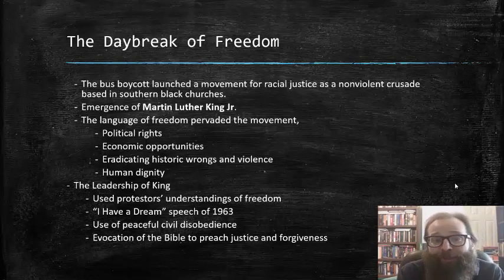His I Have a Dream speech in 1963 established the philosophy of color blindness towards racial justice, which really established the foundation for issues of racial justice and civil rights up until more recent times. Also, King's advocacy and use of peaceful civil disobedience stood in stark contrast to the government's use of violence against peaceful protesters and greatly galvanized huge amounts of sympathy and empathy for the African American community because of their use